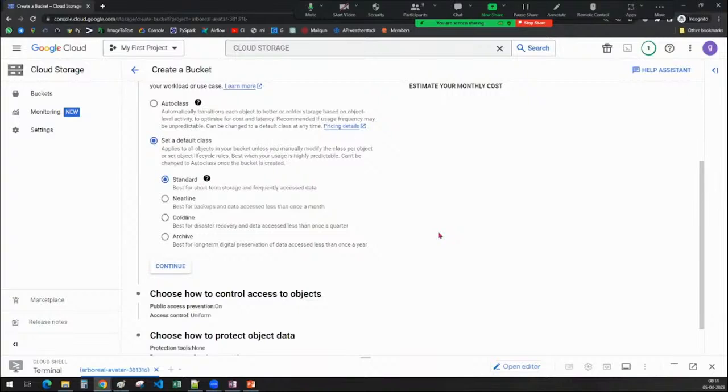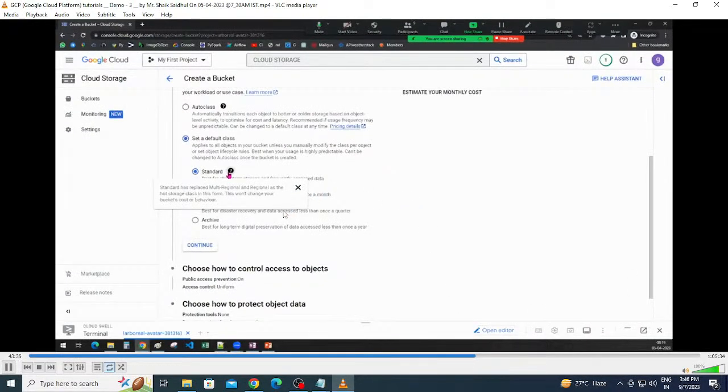If we edit it, we pay in the middle also. Sorry, the cost will be charged until that time. For example, for 1 month you have mentioned it as archive. The cost for that 1 month will be only for that particular archive storage class. And after next month you select standard as your storage class. The cost will be from there. Whenever you select the standard, from there the storage cost will be according to the standard storage class. And our Google, GCP, Google Cloud is